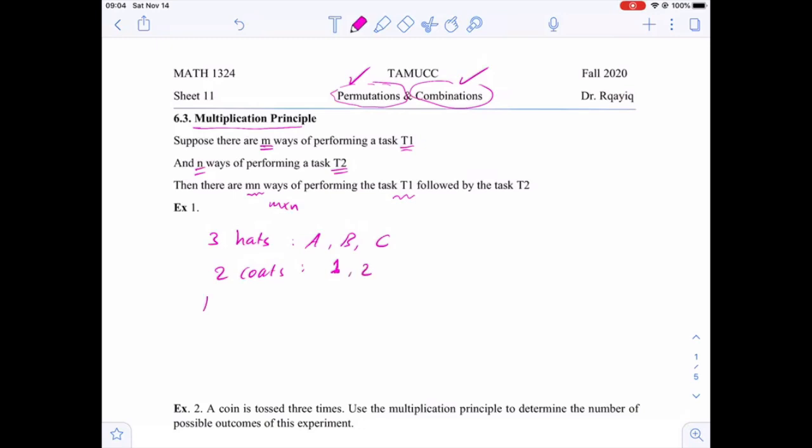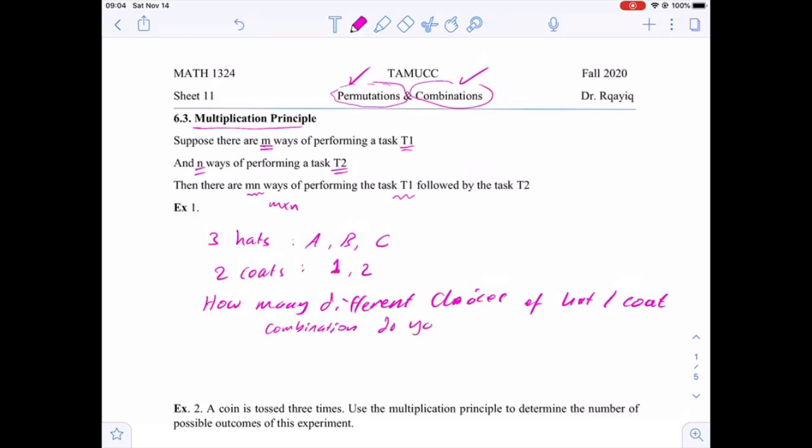and we will ask how many different choices of hat and coat combinations do you have? Here, don't worry about combinations. I mean, how many ways of dressing or choosing a hat and coat